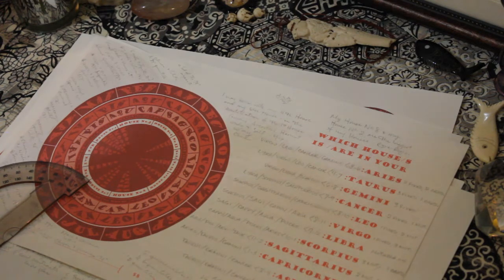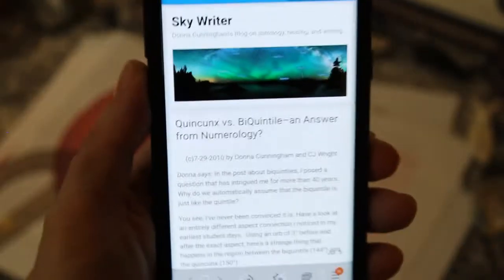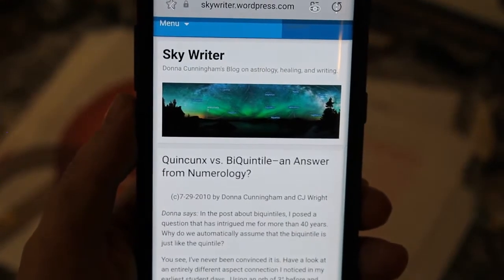Let's see, I'm just getting into my little photo gallery again. I thought it was really interesting to bring up the Q thing, given everything we know about Q. Now, yes, so I went to, for really interesting information on quintiles, quincunxes, and biquintiles, basically on any placement for that matter, Skywriter.wordpress.com. Been around for a while. Okay. Now what's interesting is they're still using,